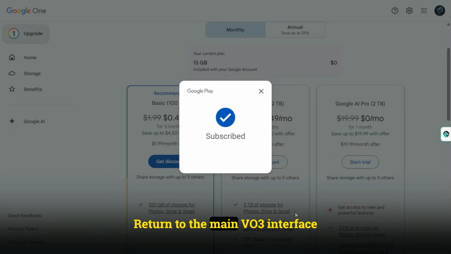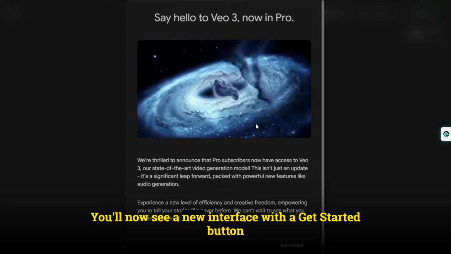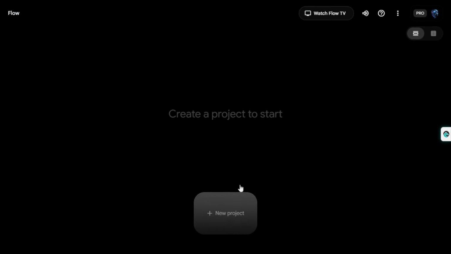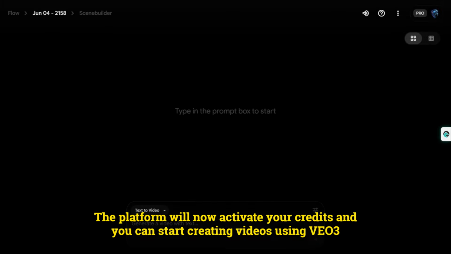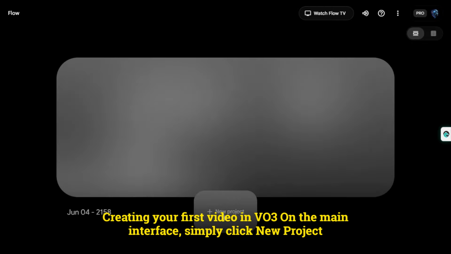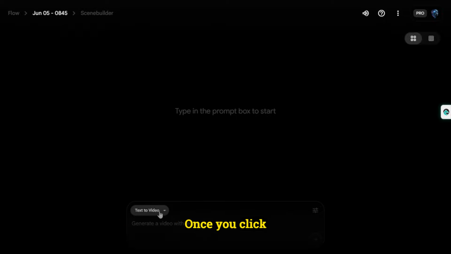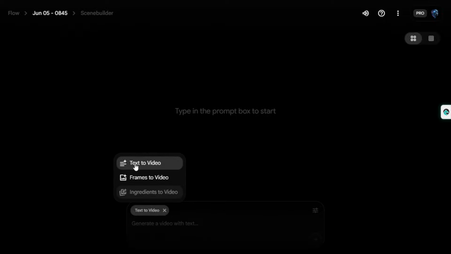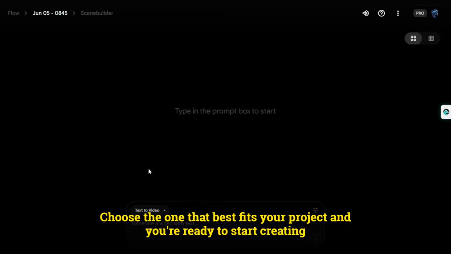Return to the main Veo 3 interface. Refresh the page. You'll now see a new interface with a Get Started button. Click it. The platform will now activate your credits, and you can start creating videos using Veo 3. Creating your first video in Veo 3. On the main interface, simply click New Project. First, click on the Text to Video option. Once you click, you'll see 3 available modes: Text to Video, Frames to Video, Ingredients to Video. Choose